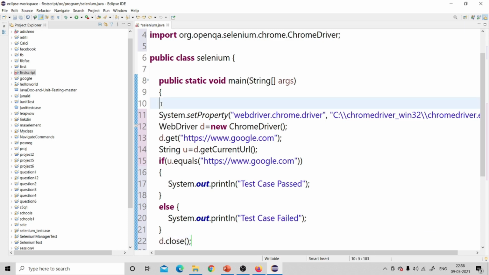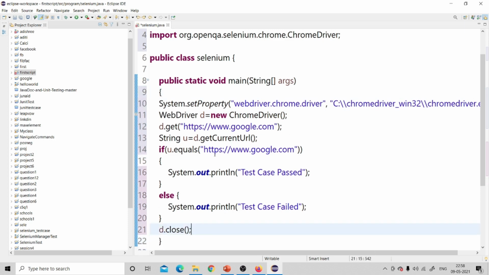So this is our entire script. This example I am showing for the Google Chrome browser and the Google website. You can use the same script for opening different browsers like Firefox, Opera Mini, Safari, and you can also open other websites instead of Google, like Facebook, YouTube, etc. So now we have written the test script for opening the Google Chrome browser, opening the Google website, and closing it.